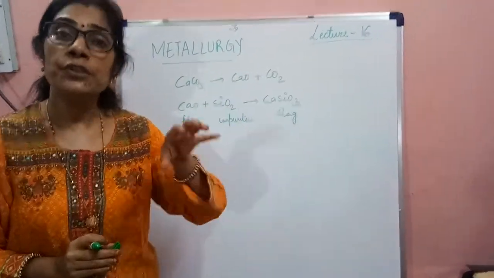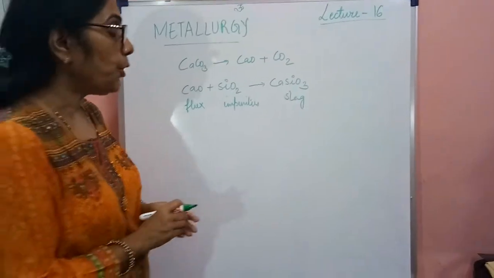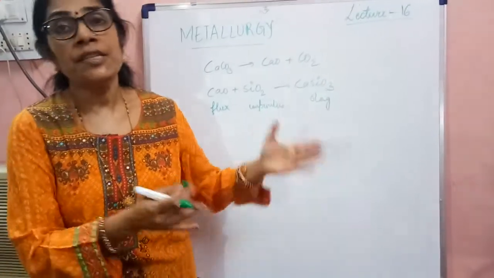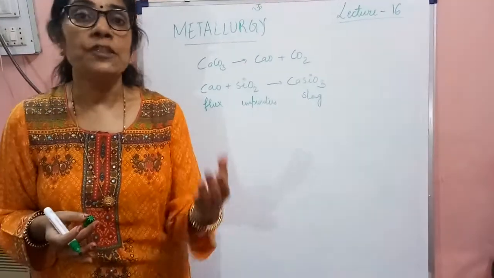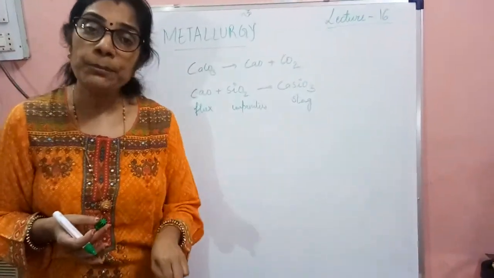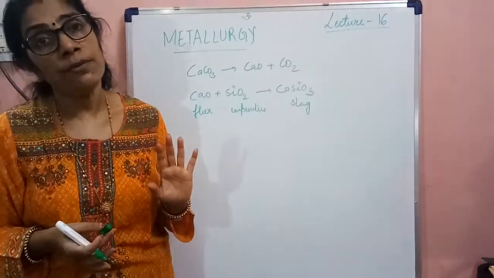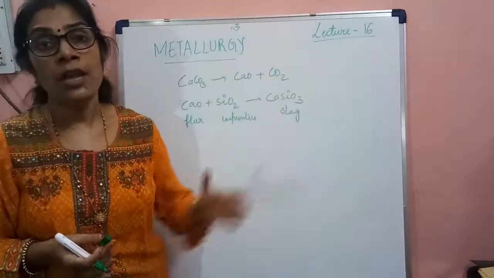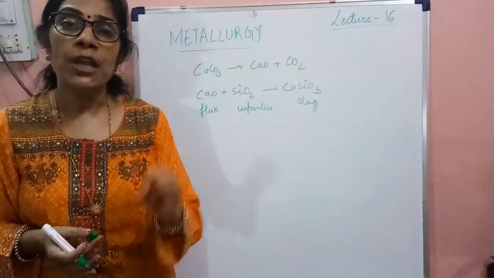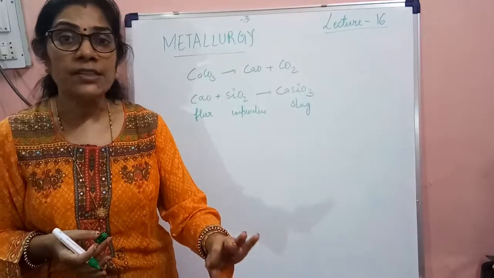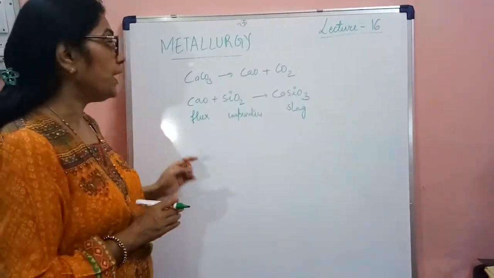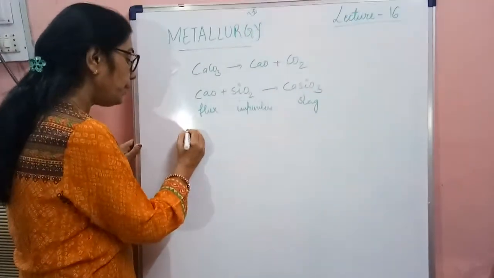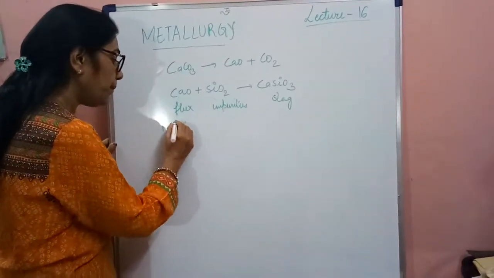And the iron which is obtained during the extraction process is known as pig iron. It has more carbon content. Then it is cast into a variety of shapes which is known as cast iron. It is hard and brittle and has less percentage of carbon. Apart from that, wrought iron is the purest form of iron. So iron has three types: wrought iron, pig iron and cast iron, depending upon the percentages of carbon. Now after these steps, next comes the purification of metals.